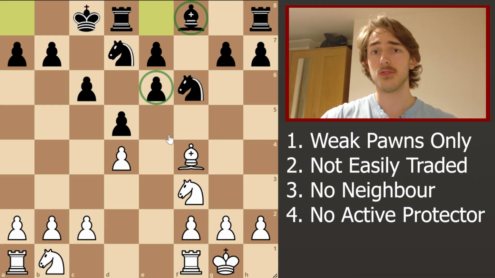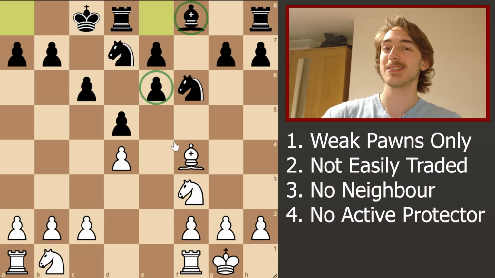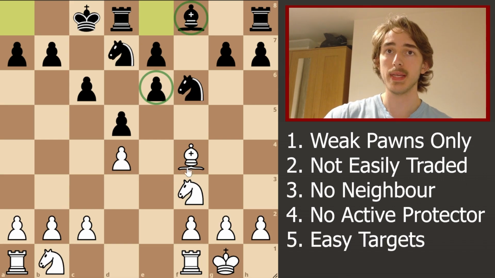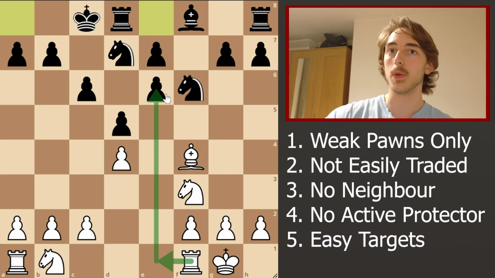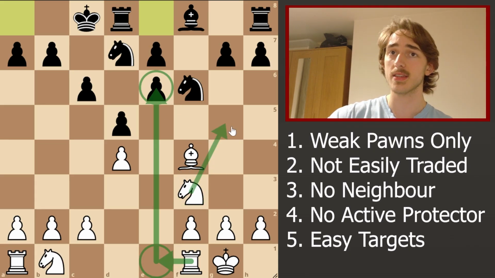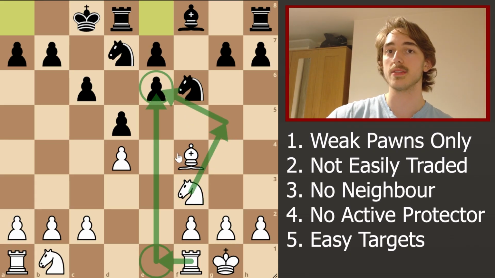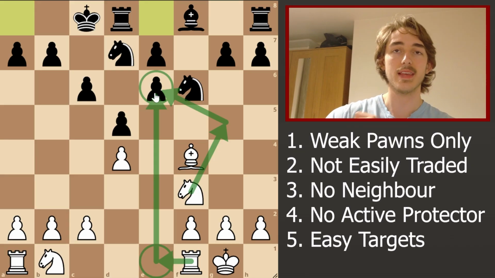And the fifth and final, and probably the most important aspect of weaknesses is that they must be attackable by the enemy pieces. We are the enemy in this position, we are the white pieces, and our opponent has this weakness on e6. And the reason this pawn is a weakness is because it has checked off every single previous criterion on our checklist, as well as the fact that it is easily attackable by our big pieces. As you can see, this rook here can attack the pawn very easily from the e1 square, pressuring e6. The knight can jump in and start to pressure e6 as well,